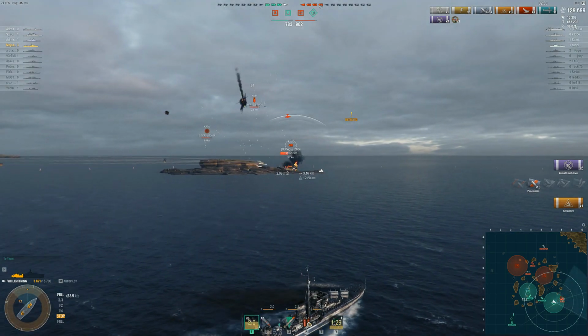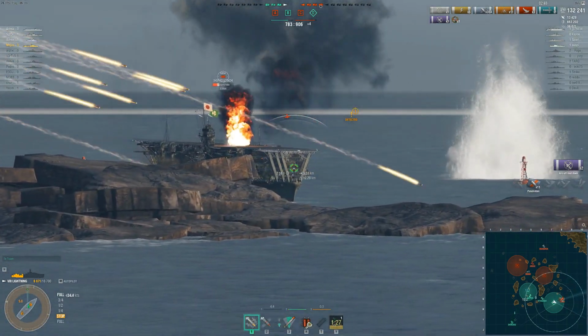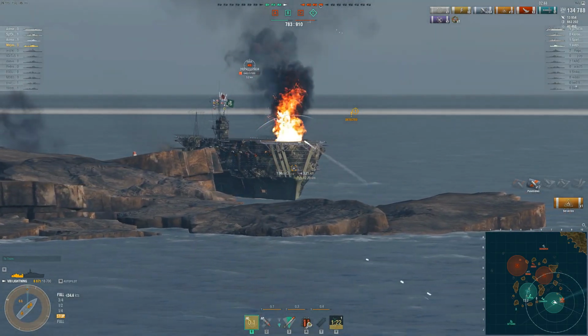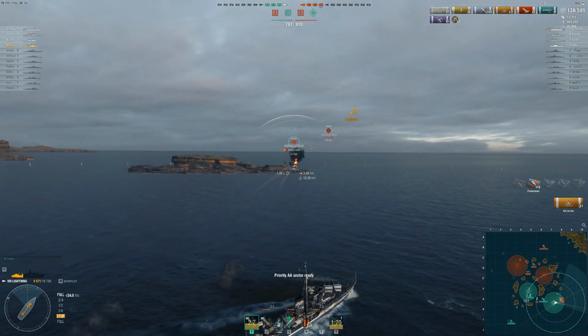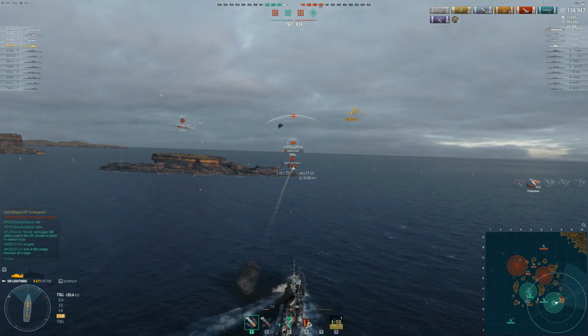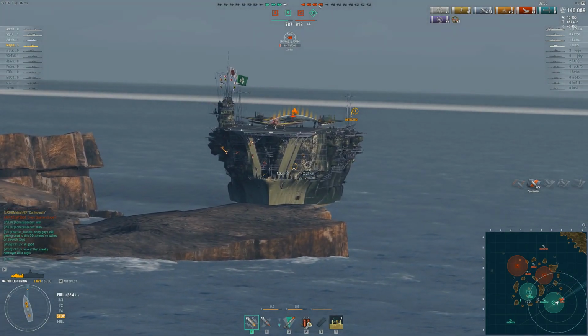And, hey, we lit the CV on fire. That means he can't launch planes. Throwback to the old days. And there's a double fire right there, but you can do so much damage to a Kaga just because it's so tall. And there comes the rocket planes. So, again, we're just kind of chilling. We don't really have to worry about that. We don't want to be the second